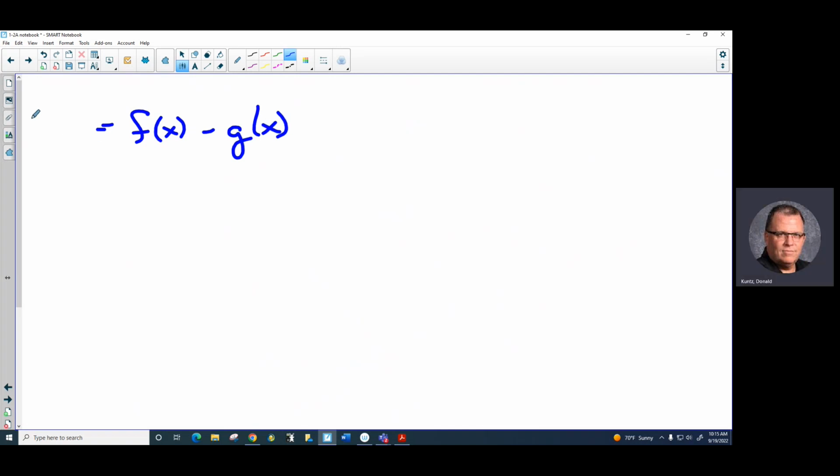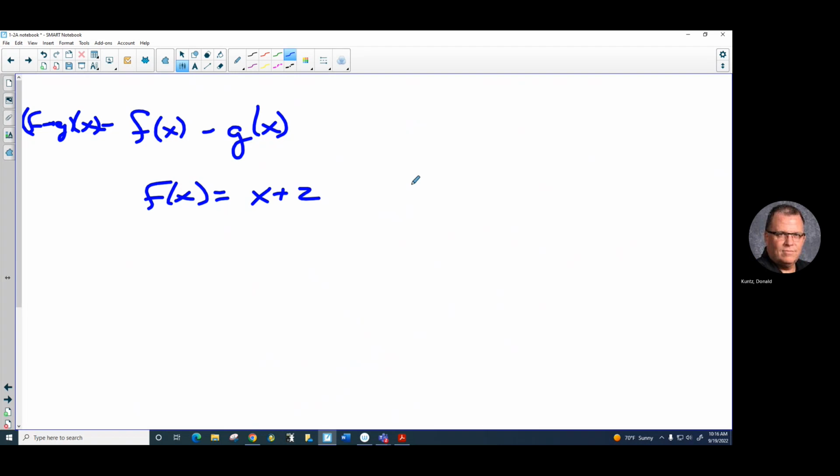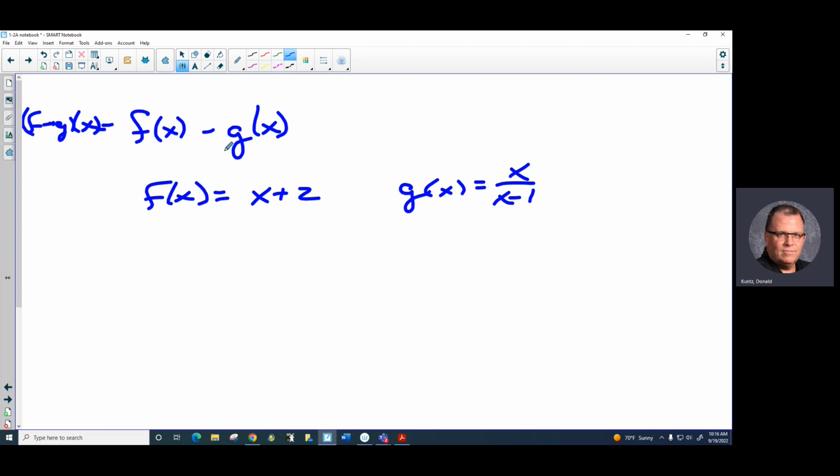Or as we were seeing, they would do it this way, f minus g of x. Well, I want to give you something that involves a rational function. So if f of x is x plus 2, and g of x is x over x minus 1, those two we just use, we automatically know that f minus g of x,